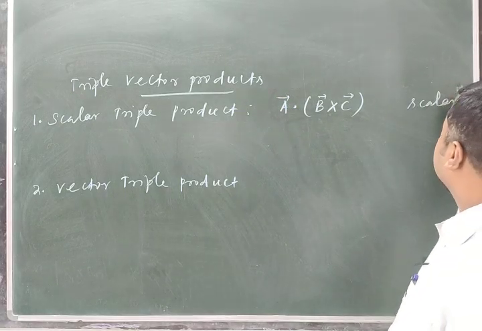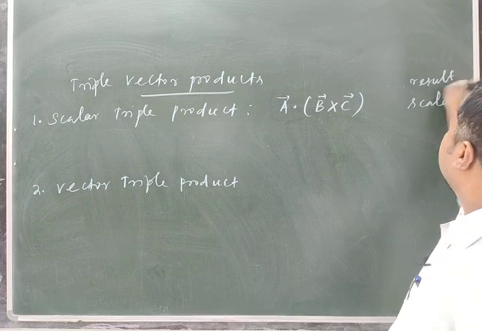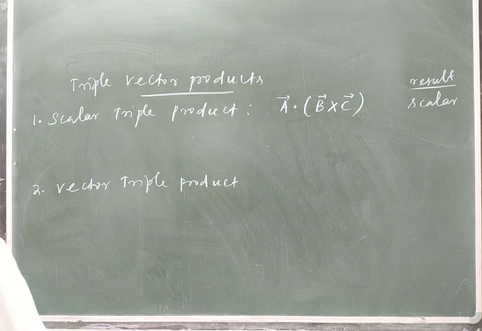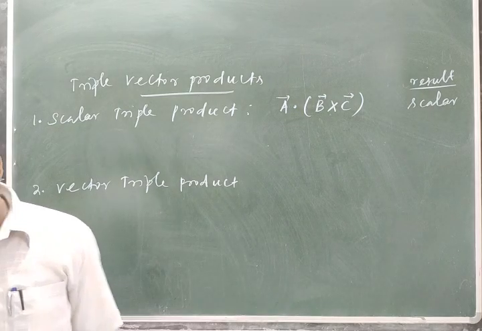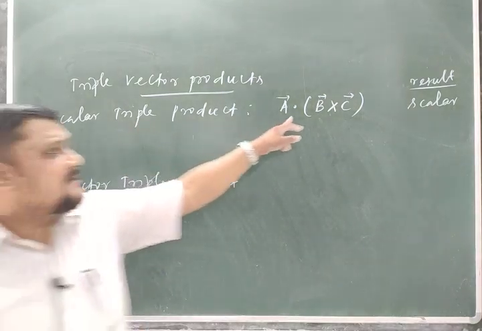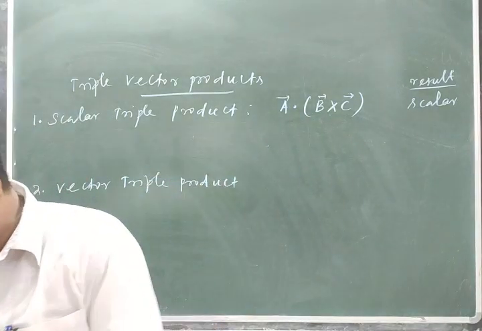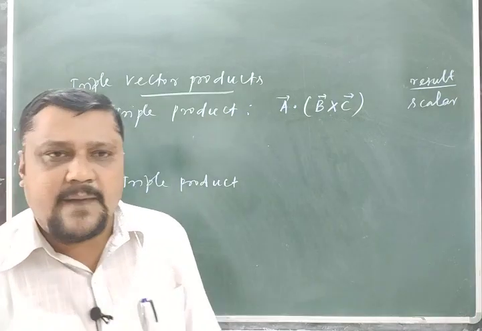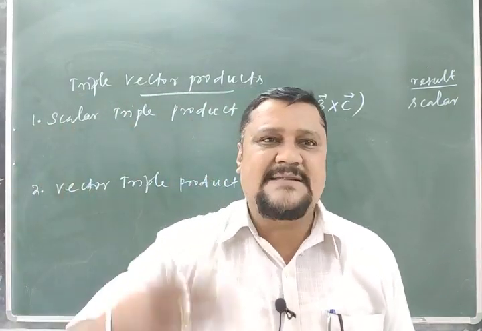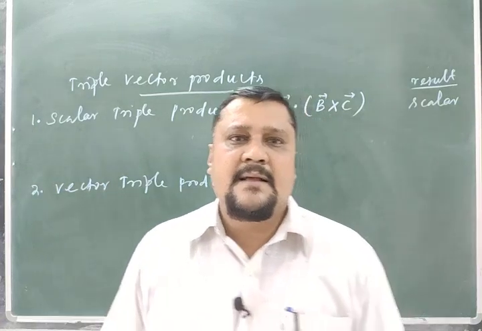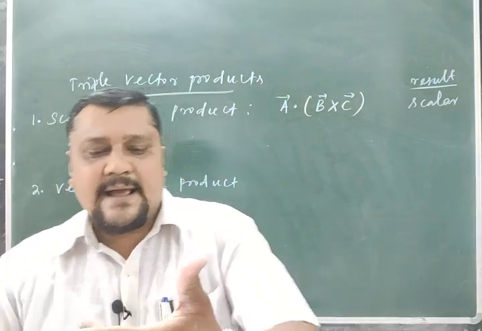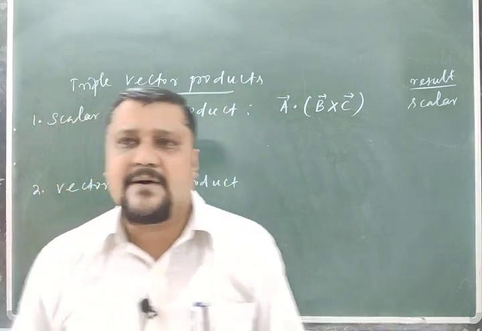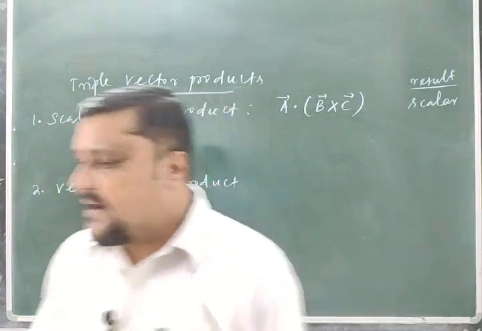The result is a scalar quantity. Is that clear? So this is the scalar product. And remember one thing, the scalar triple product means, if A, B, C are the sides of a parallelepiped. Parallelepiped means, in 3 dimensions, a parallelogram in 3 dimensions. Means there are 3 coordinates x, y and z in space. So there is a 3-dimensional figure of a parallelogram, that is the parallelepiped.